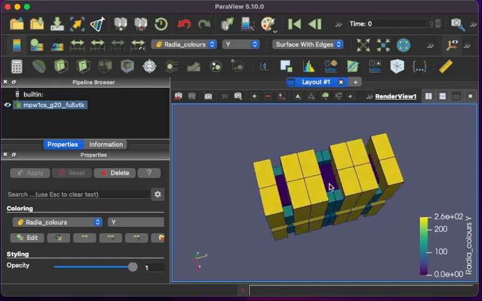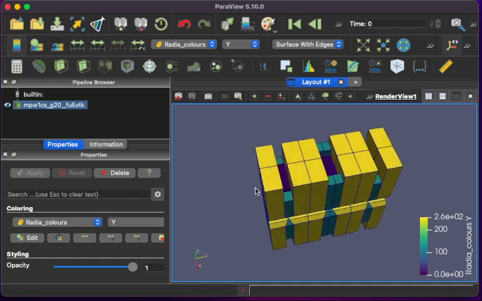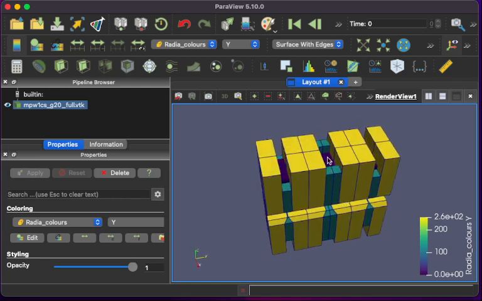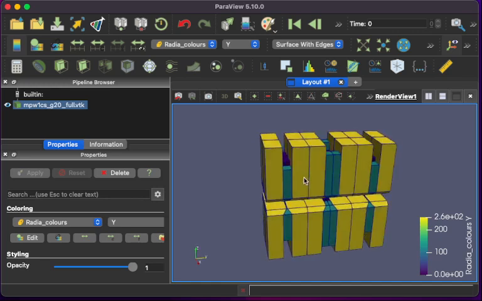So you can see that subdivision. The number of subdivisions in the pole is higher to make an accurate calculation of the magnetic field, because this